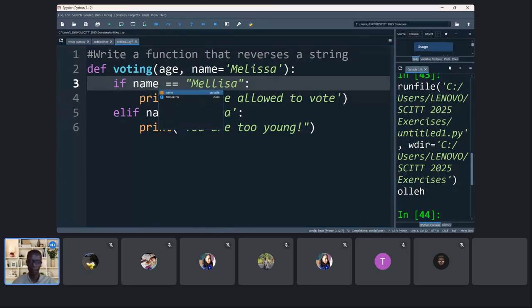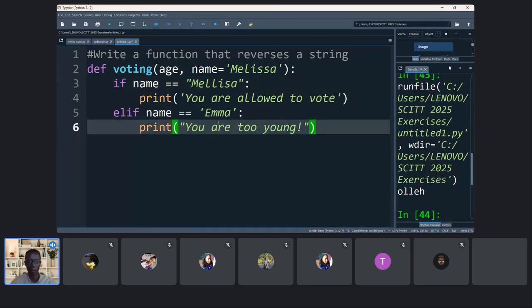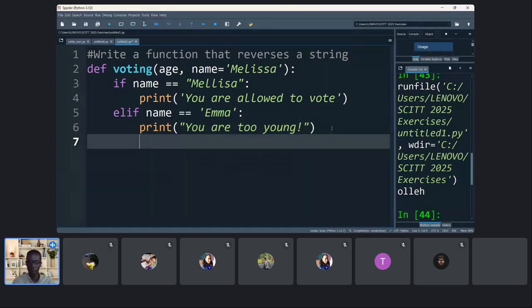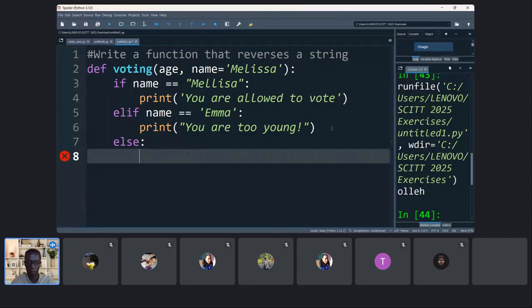Let's not get into that first. So elif name, so you are too young. Else means those other conditions are not fulfilled. So that means if neither of those are in play, then we can say you are not allowed to,